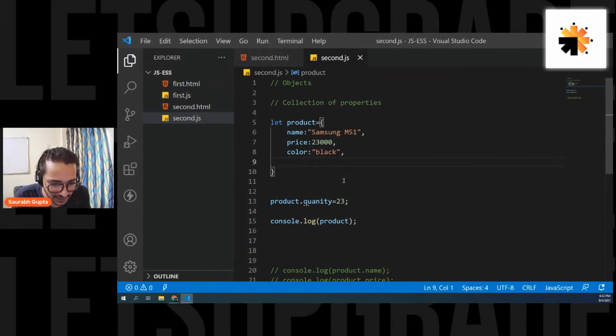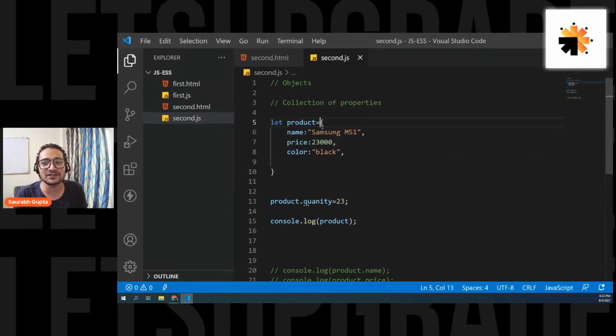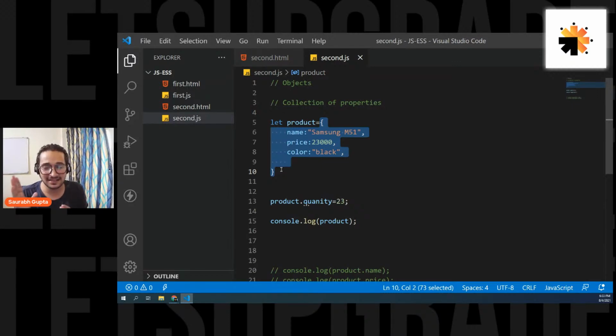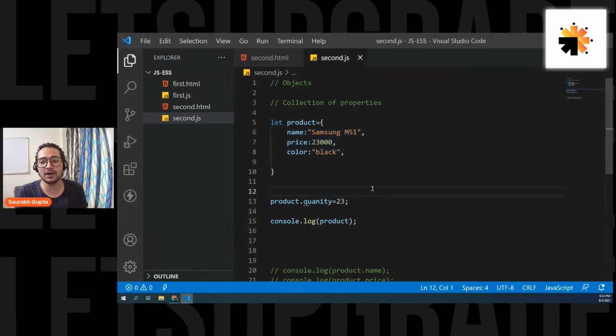Someone is asking here, where is that doubt? Okay, someone asked whether let is blocks code. See, everyone, here let doesn't matter. This is not a function block. This is not a block. It's an object literal. This curly braces is an object literal. Don't confuse it. We also create blocks using curly braces, but here it is an object literal. It's not a block of code execution. It's simply an object literal which has properties. That's it.